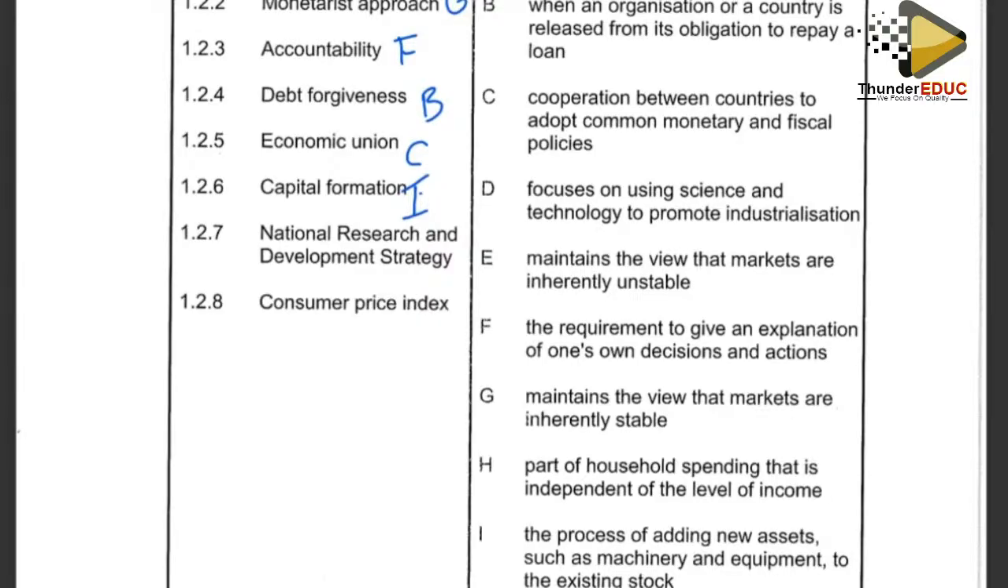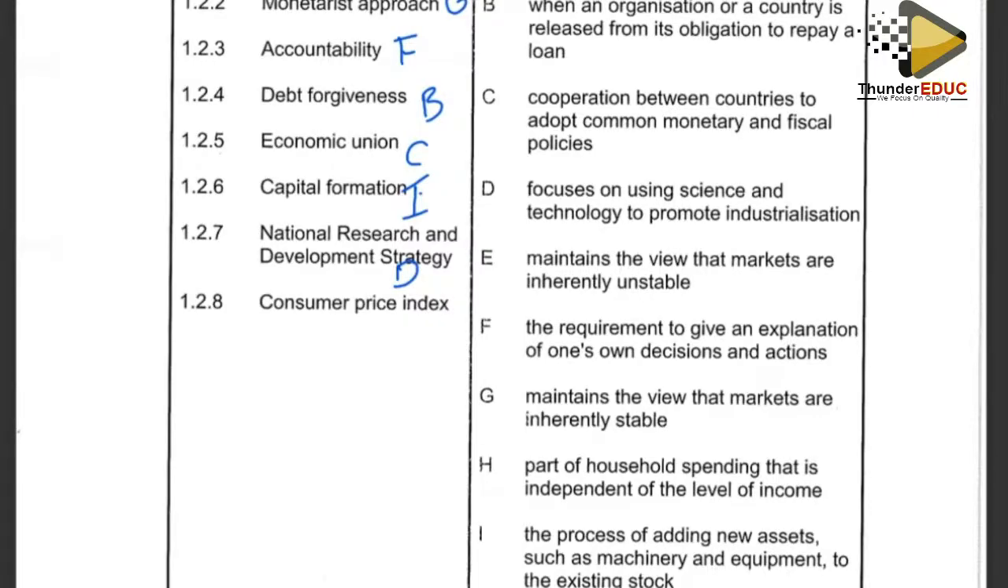Next question, we have 1.2.7 that reads as follows: national research and development strategy. So now if you check the list of options given, the appropriate answer in this regard is going to be D, because the national research and development strategy focuses on using science and technology so as to promote industrialization in South Africa. Okay, right. So our appropriate answer in this regard is going to be D. Okay, right, grade 12. So now moving on to the next question, we have 1.2.8, which reads as follows: consumer